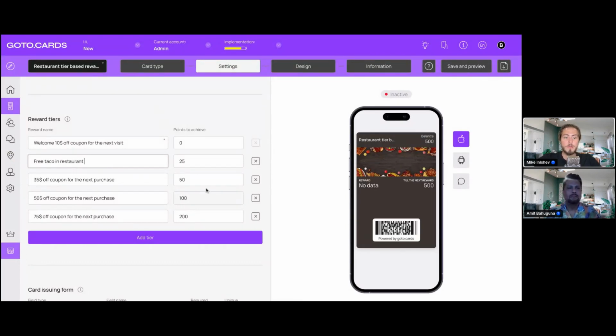When a customer achieves 50 points, you can set up the second one, third one, fourth one, and so on. And let's discuss what customers will get bonus points for on the reward card. This is the most important thing because it's the most flexible loyalty mechanic that we have in our product, because you can equate each bonus point to anything in your